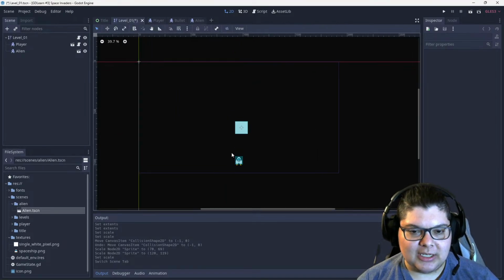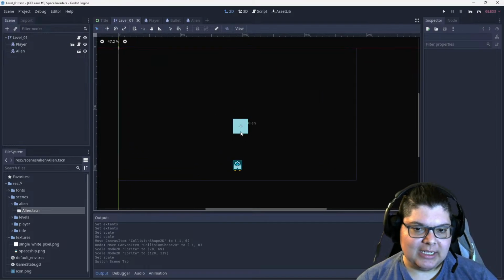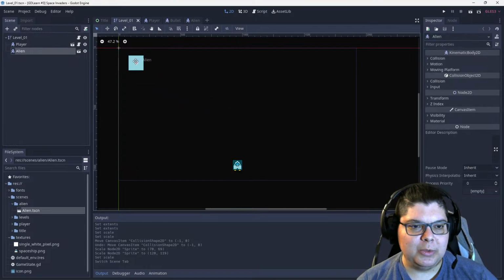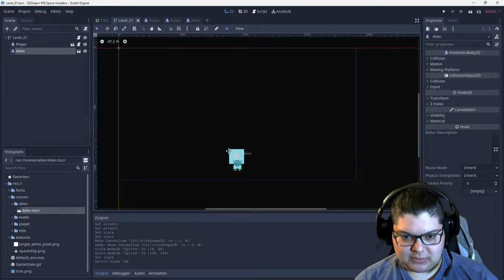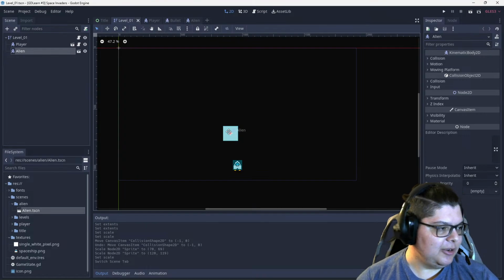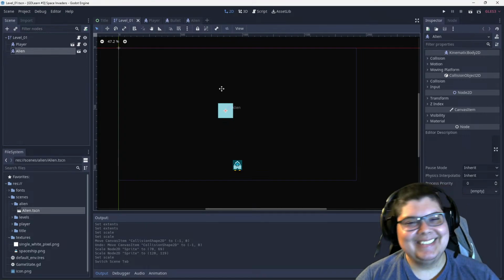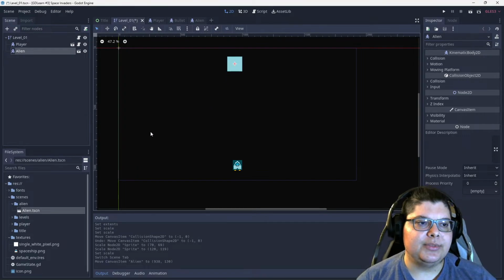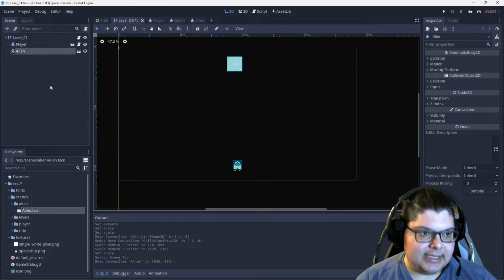Okay, so back to level 1. Okay, that's a better looking size for the alien. So the idea is you have the little alien here, and then they go whoop whoop whoop, and then they shoot down. And from time to time they just go whoop, and then whoop whoop whoop, until they just shoot you in the face and you die, or you shoot them in the face and they die. That's the idea. Okay, so now that I have the alien,